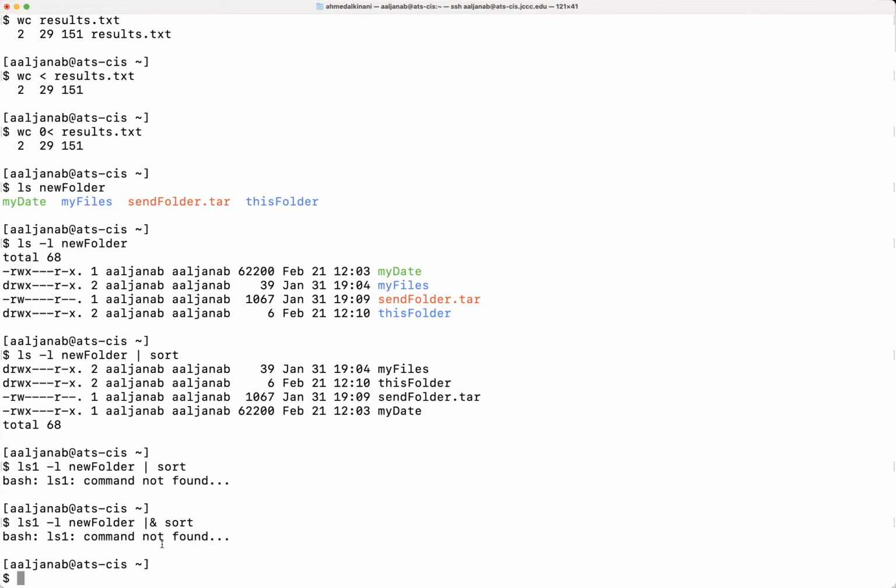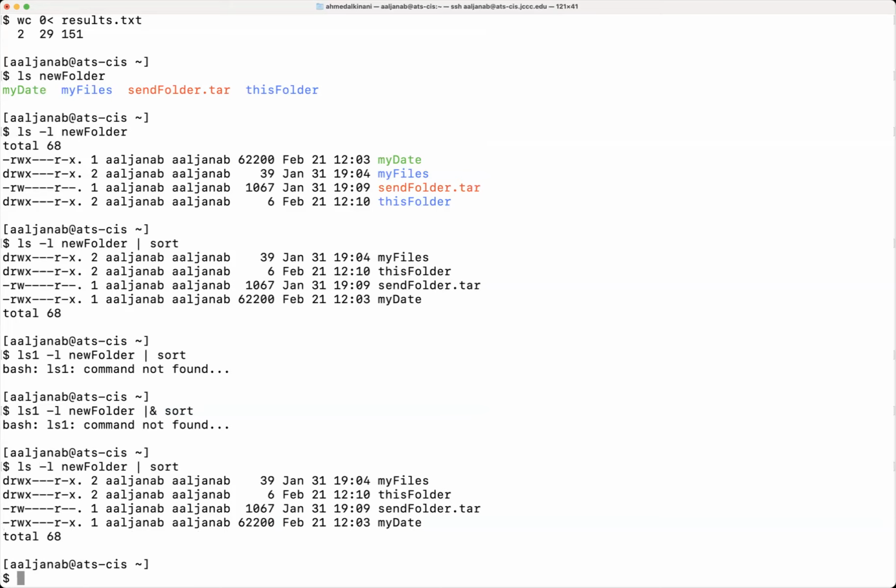But this symbol that I'm highlighting here simply means that if a standard error message was produced by this command, you can use it as an input for the sort command here. That's how to do it. But I think the example that I'm using here is not actually doing what it's supposed to. But by default, only the actual output of a command with no errors will be used as an input for the other command. And that's how piping simply works.